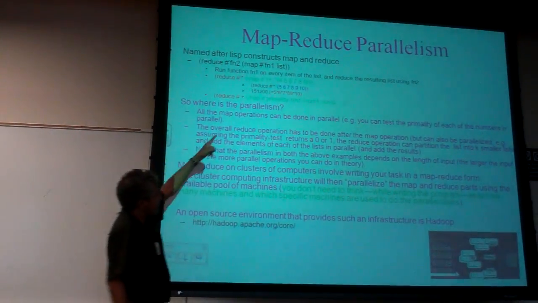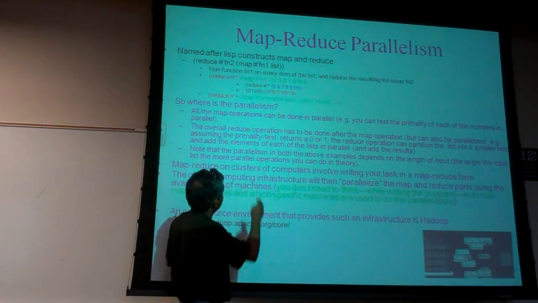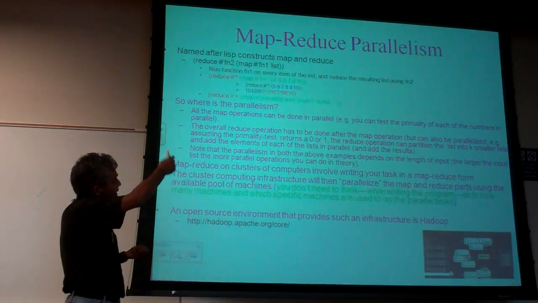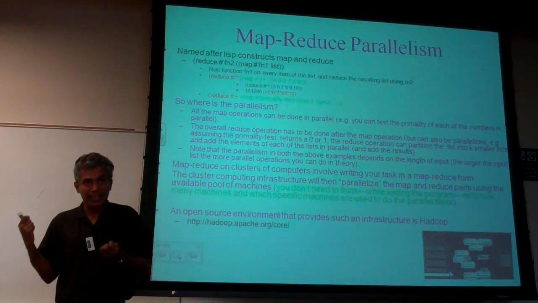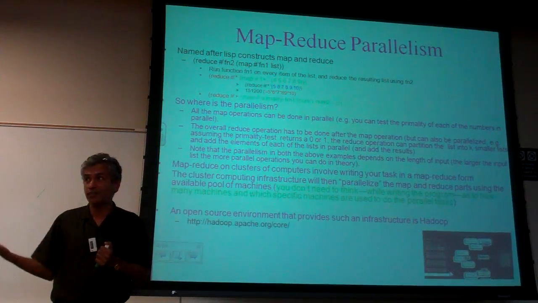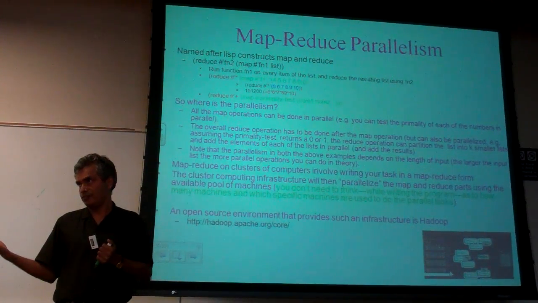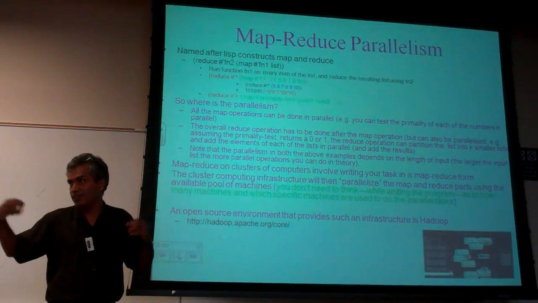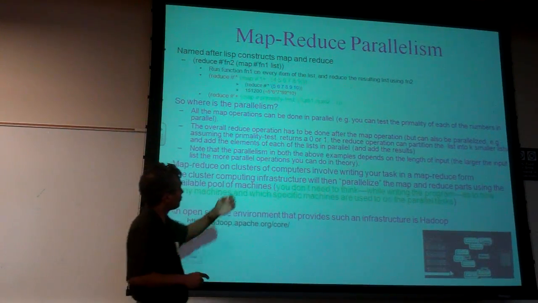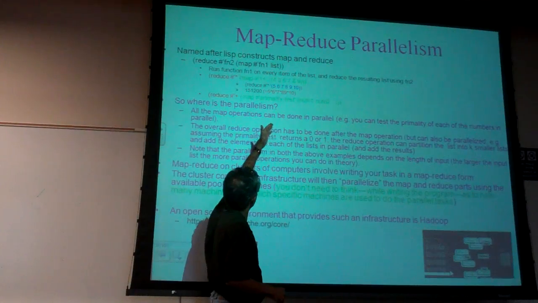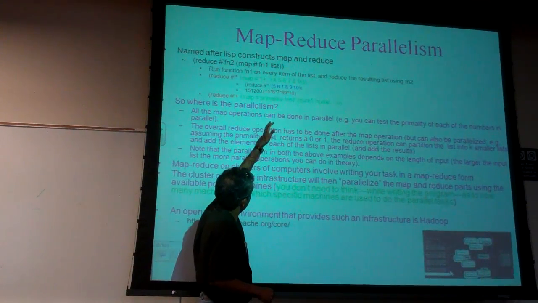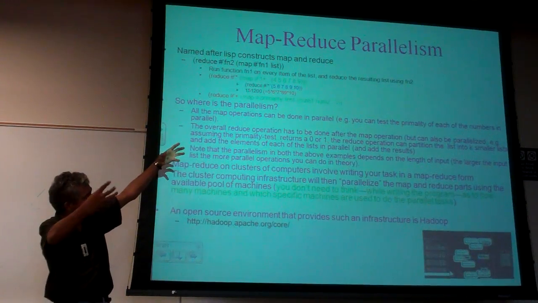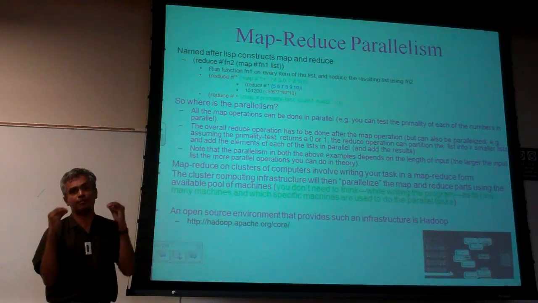Because even though in a list, a single CPU is actually applying this primality test to each of the numbers, and the same single CPU is applying the incrementing operation to each of the numbers, so in essence the operations are all done in a sequential fashion. If, on the other hand, there is no guarantee on which order the incrementing happens, or which order the primality test is happening, then similarly on the reduce side, as the numbers are coming out of the first list, you can start adding them up.